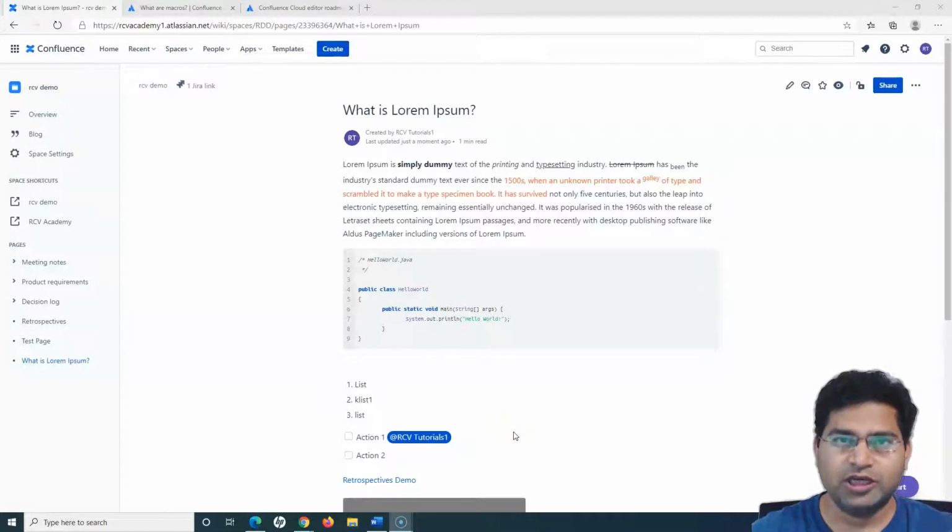Hello everyone, welcome again. In this Confluence tutorial, we are going to learn about macros in Confluence. Previously we have seen how you can create a page within Confluence. Now let us understand what exactly macros are and how they will be really helpful for you when you are